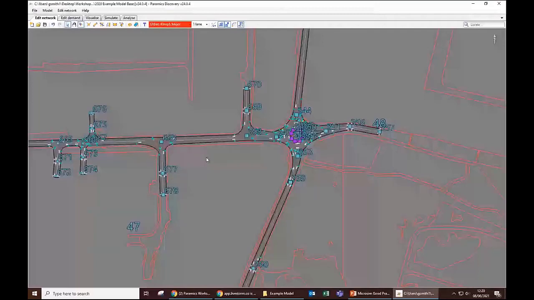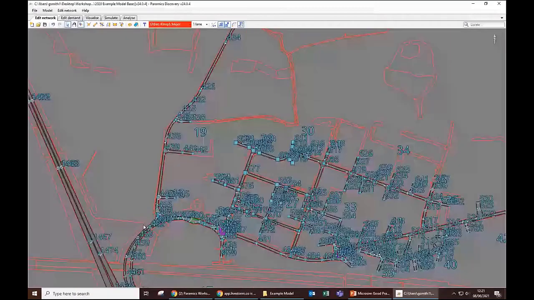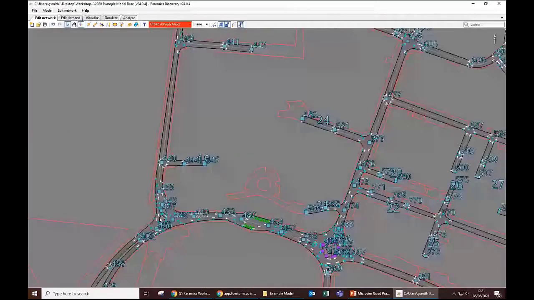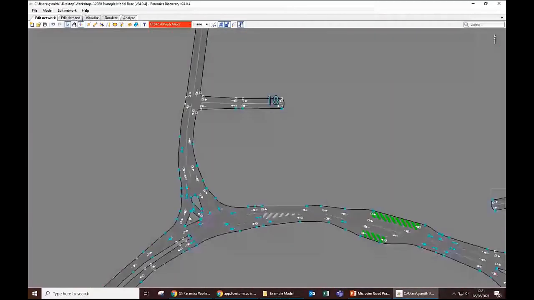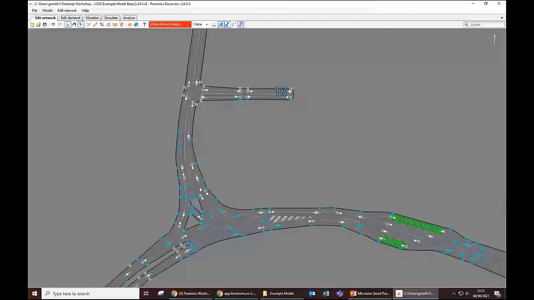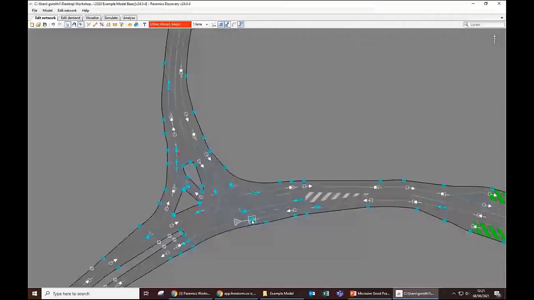Once I've looked through those, the next thing to move on to is lane points. I'm going to move over to a different part of the model. These are very important for the model performance. So the lane points dictate the vehicle movements. I've just turned on the trajectories here, and if I move one of my lane points, I'm sure most people know this, but the lane points control the trajectories, and the trajectories are the actual paths the vehicles take. So you can see as I move the lane point, the trajectory becomes